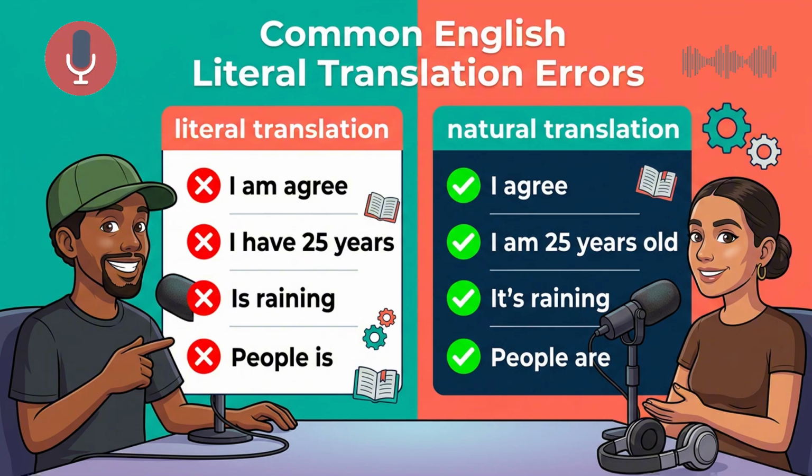You are trying to do a word-for-word mapping. Right. You look at a thought in your head, you find the Spanish word, you search for the exact English copy of that word, and you just paste it right into your sentence. Copy and paste. Yeah, but the problem the research points out is that English and Spanish are completely different architectural designs. Oh, that's a great way to put it. If you just copy and paste the bricks, the whole house falls down. The sentence sounds very confusing to a native speaker.